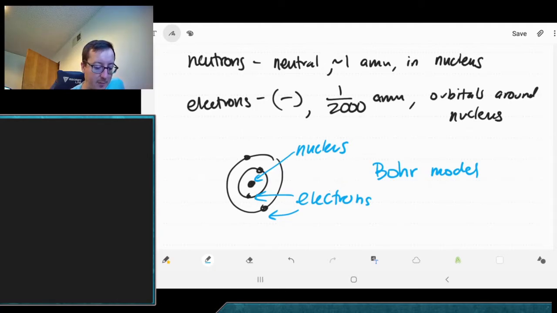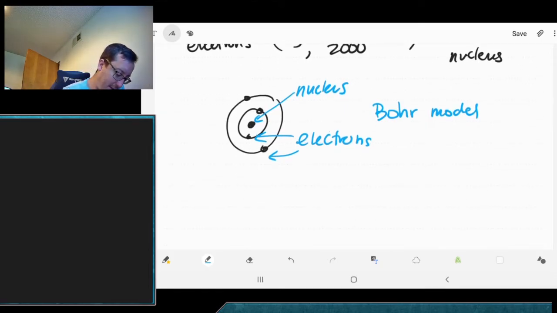As the protons and neutrons are much more massive than the electrons, we typically ignore electron mass in discussing things. And it's an interesting comparison here, because the radius of the atom over the radius of the nucleus